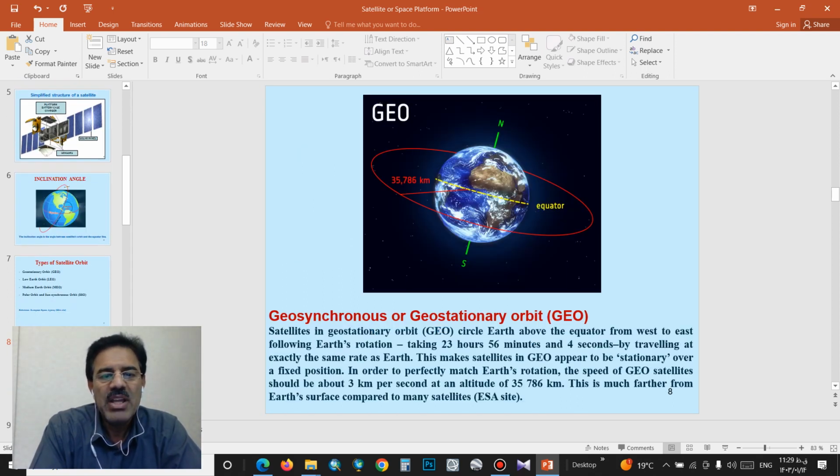GEO. Geostationary or geosynchronous orbit. GEO: satellite in geostationary orbit. GEO circles Earth about the equator from west to east following Earth's rotation,